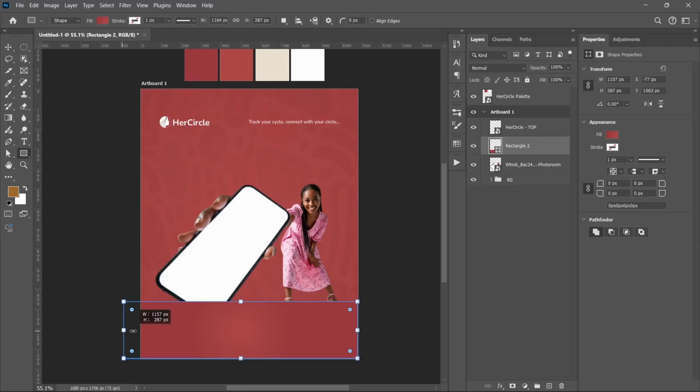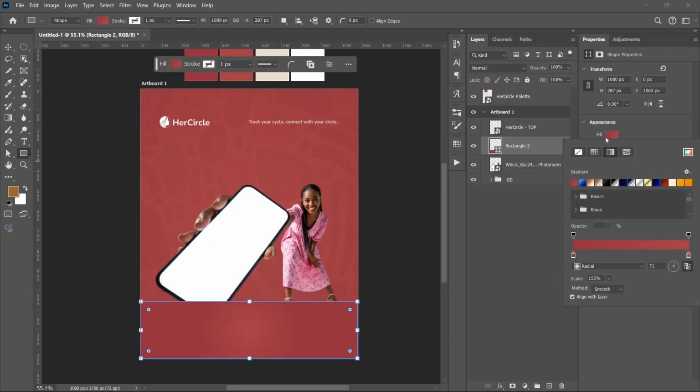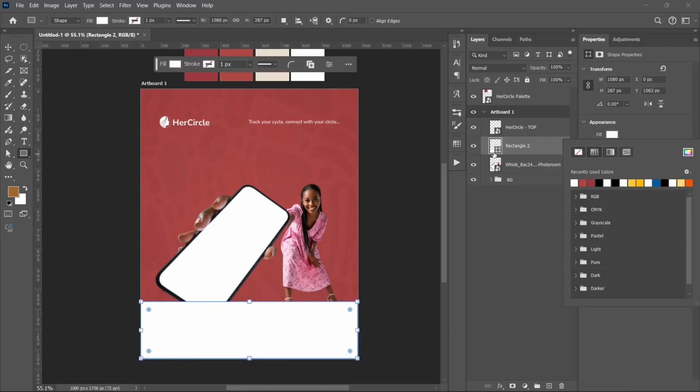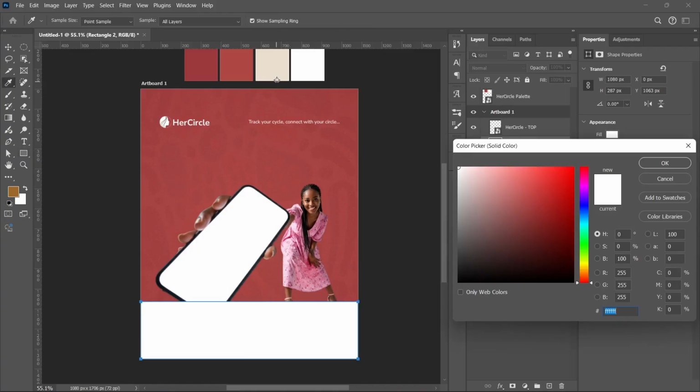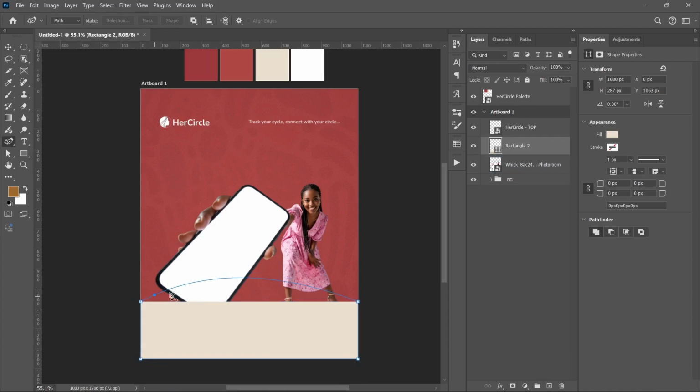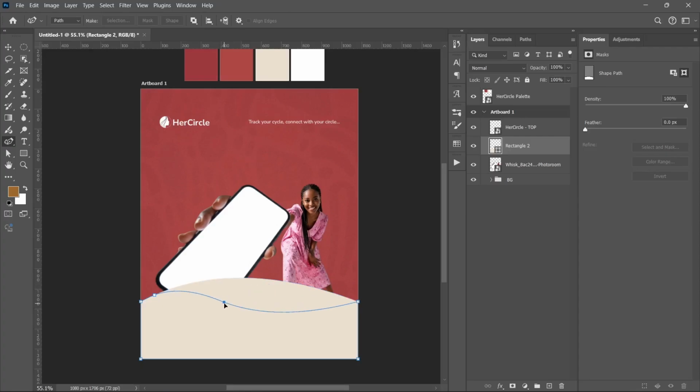Alright, so I hope you can see what I'm doing. I'll change it from a gradient to a color. Well, not just any color, this color on our color palette, this yellowish color, should I say milk. Alright, so once we have that, I'm now going to select my pen tool and I'll right click, choose the curvature pen tool, and I'm going to use that to kind of play around